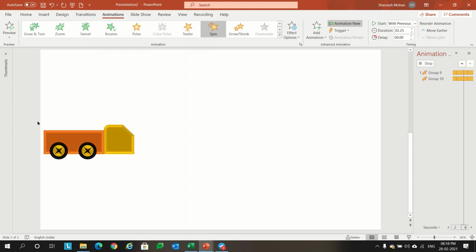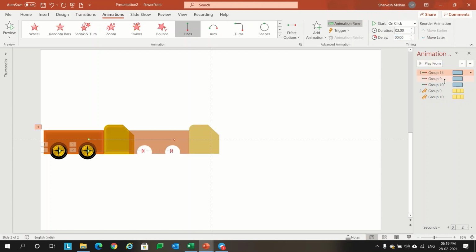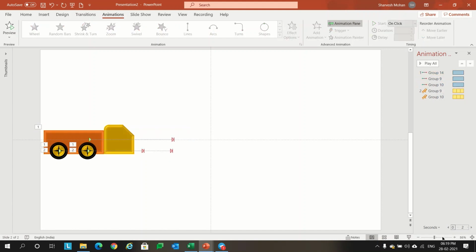Okay, so now for this we have to give 0.75 seconds. Let's give 0.7 seconds, and we'll give the motion path 2.25 seconds. We gave 0.75 over here with 3 rotations. It will come to 2.25. So we have to give 2.25 for this one. Okay. So let's see how the vehicle moves.